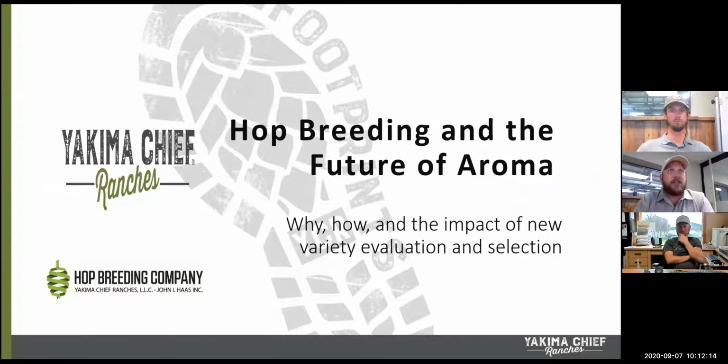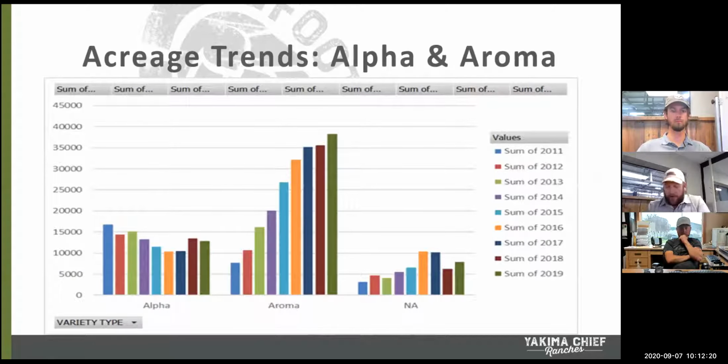So getting a little bit here into hop breeding and the future of Aroma. Harkens back a little bit. This graph shows what I was talking about a little bit earlier, where over the last decade plus, we've really seen a drastic shift in the acres that are planted here in the United States. See that first bar there is 2011. So you can see there, just on a number of acres, there's almost double alpha over Aroma. And you look at the trends over those past years, that green bar on the right is 2019. So you can see there that well over 35, almost 40,000 acres of Aroma hops grown in the U.S.,